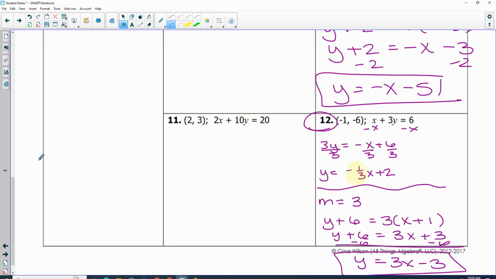Right, so make sure you're watching parallel and perpendicular. I'm going to go ahead